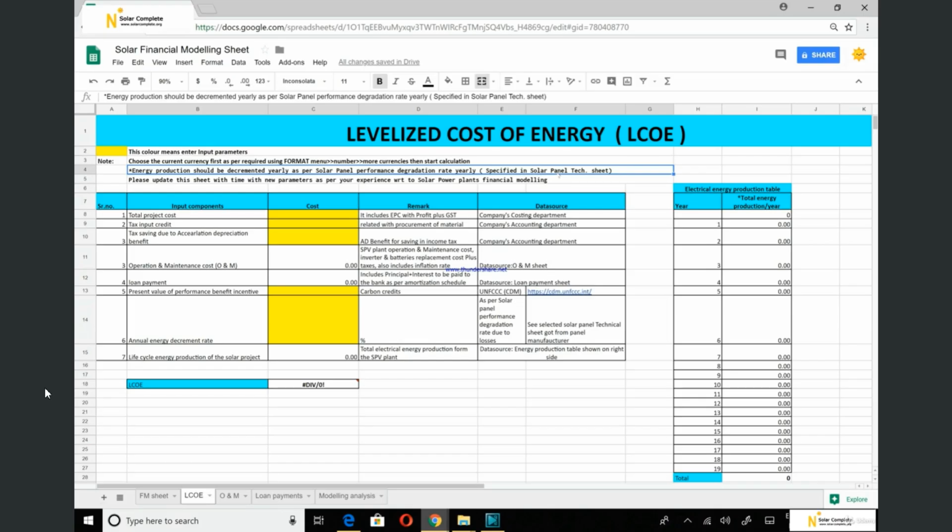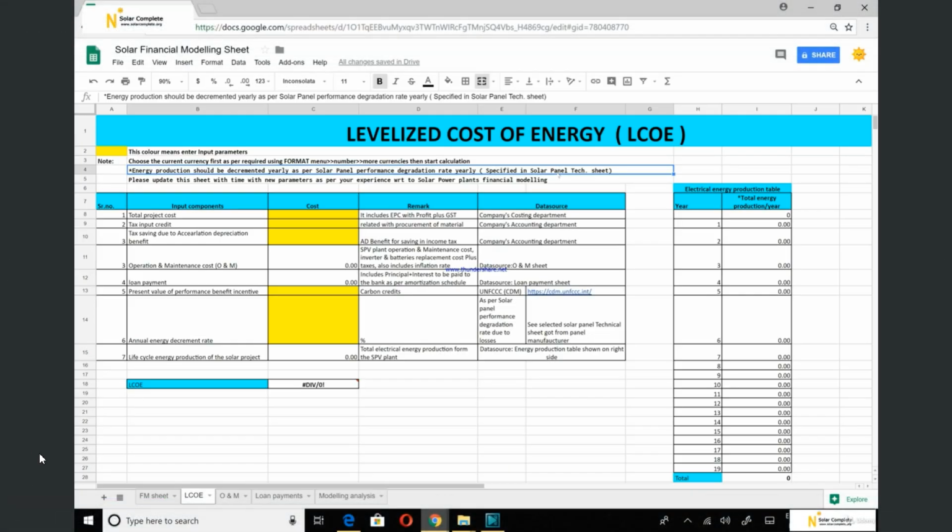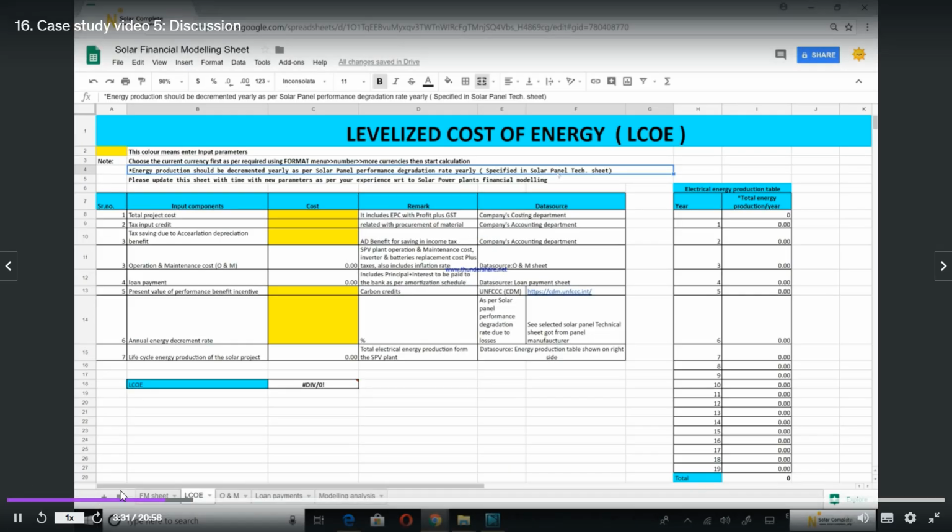So we need to check this value very accurately from the solar panel technical sheet. You can connect with the company's procurement department and take the technical sheet from there, because they are the persons